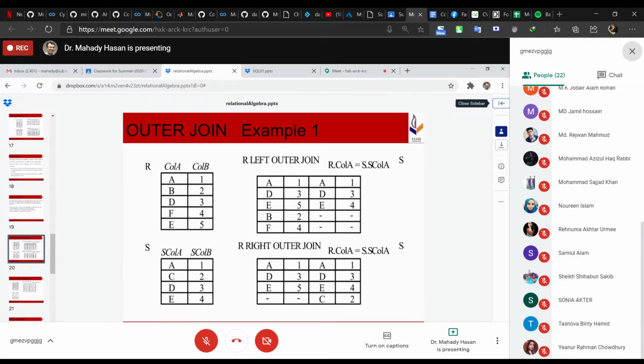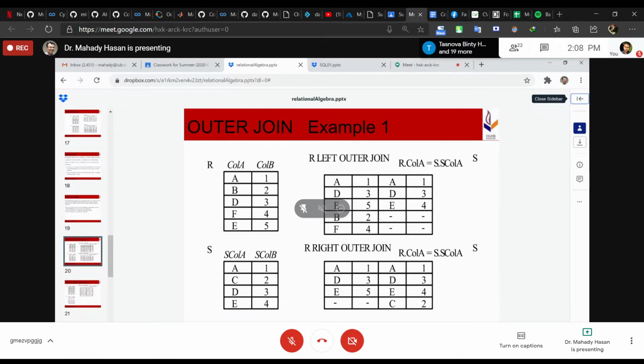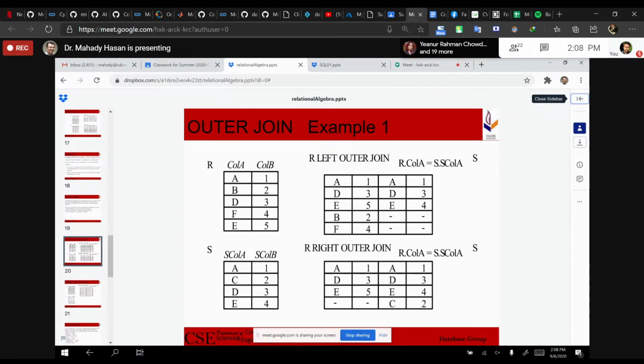Which table is on the right side, R or S? Sir, R. Is that so? To me, R is on the left side, not on the right side. Right side is basically the normal right hand, right? Yes sir. S is on the right side, not R.